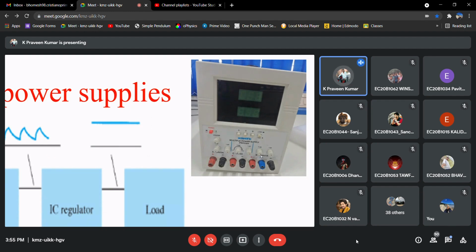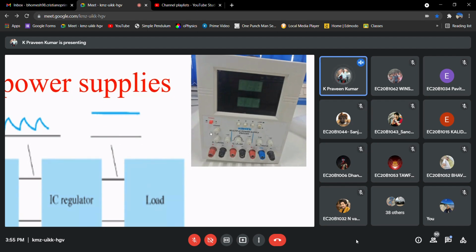Depending upon the range we require, we can select the corresponding channel. If you press a particular button, that corresponding voltage we can see here in the display. Similarly, we have coarse and fine buttons to vary it.